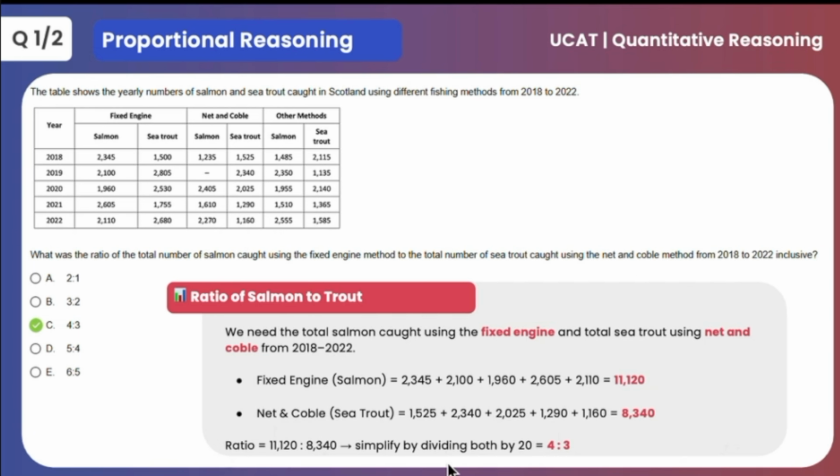How would you quickly find the HCF? I don't recommend quickly finding the HCF in ratio questions for that reason exactly, because quite frequently it's really hard to spot the highest common factor. Here, if you divided the biggest number by the smallest number, you'd get 1 point something, and then you could multiply it up to 4:3, which I find easier. So for example here, let me pop it in my calculator and I'll show you what I mean. If you divided 11,120